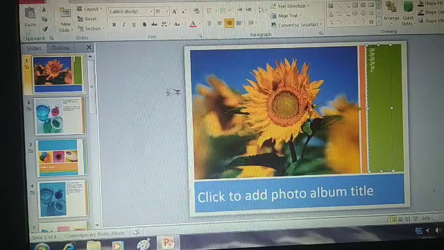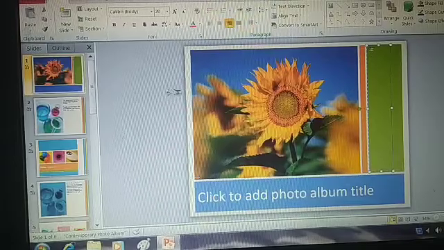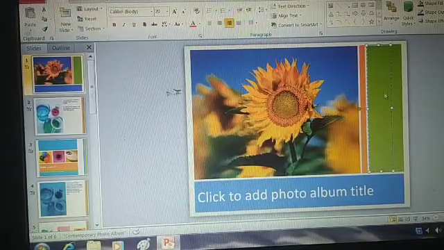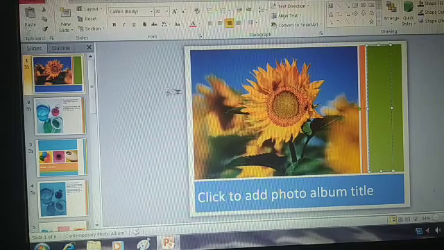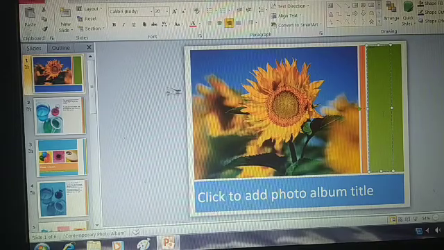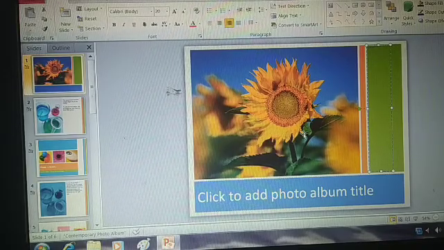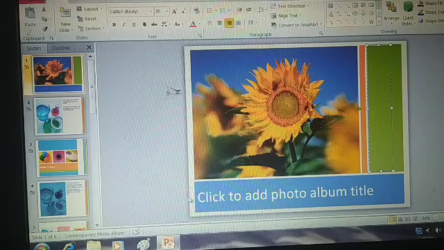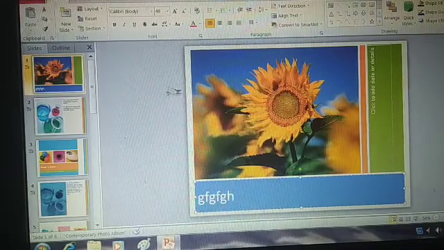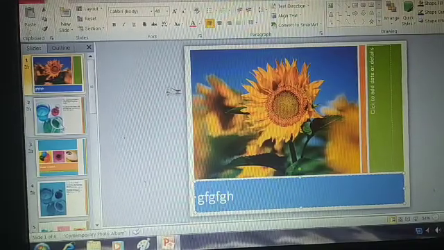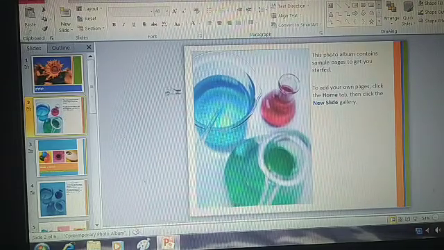Colors are already provided to you. These are text boxes with color. This one is in blue color, this one is in green color, and the picture is already there. In this template you have to just type the content that you want. Understood? This is the first slide, the second slide is also here.